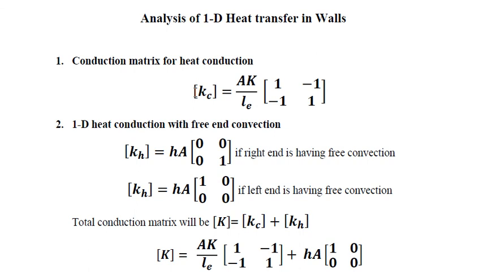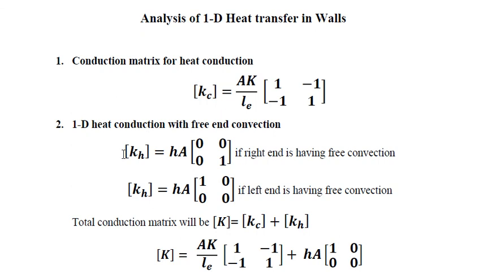So along with conduction, if there is end convection, it means the surface is insulated and there is only convection at the end. There is conduction inside the material. The surface is insulated where there is no convection, but at the end of the member there may be convection, which is known as end convection. I think you have learnt all these things.